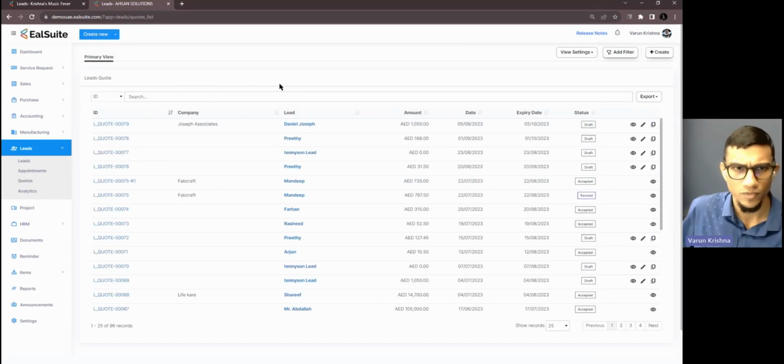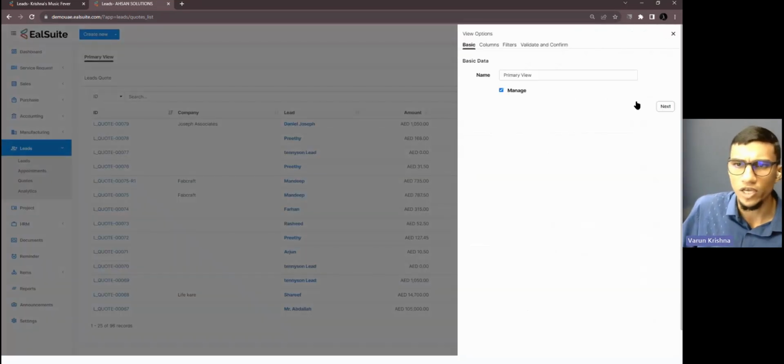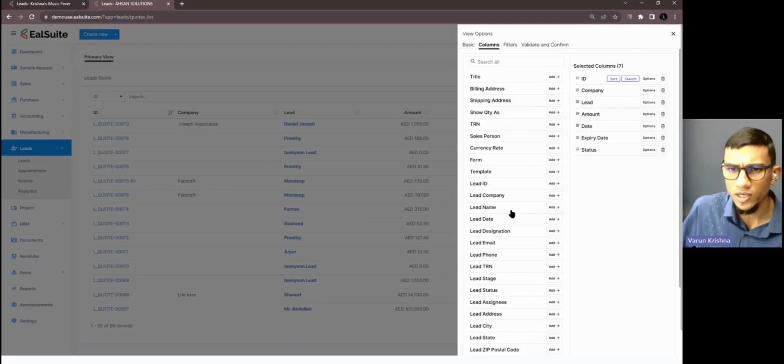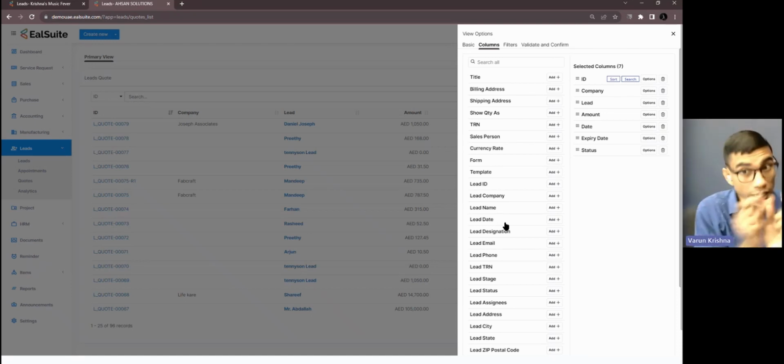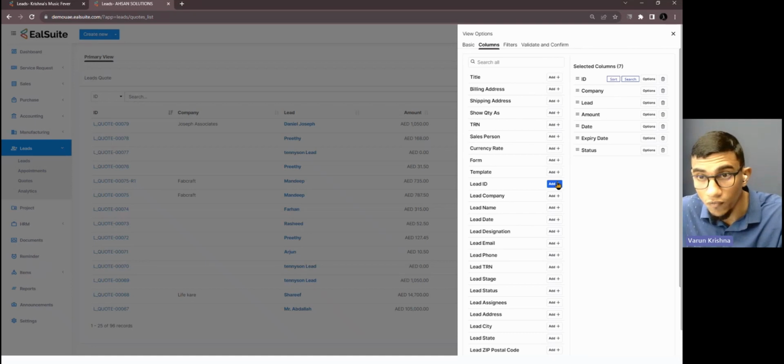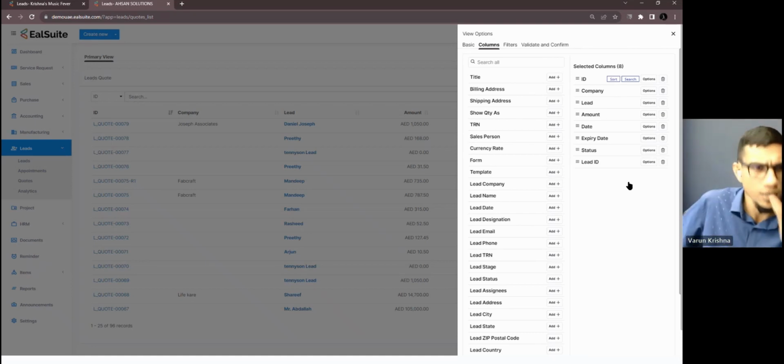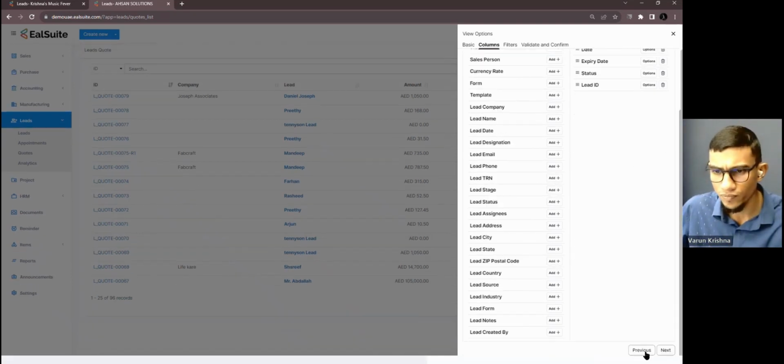So under lead quotes, this is a smart view. The name is primary view. We'll go to the edit view section and see. And I'm talking about all of these fields: lead ID, lead company, lead name, lead data. Anything which has a lead prefix associated with it. If any of those fields were present in this view,